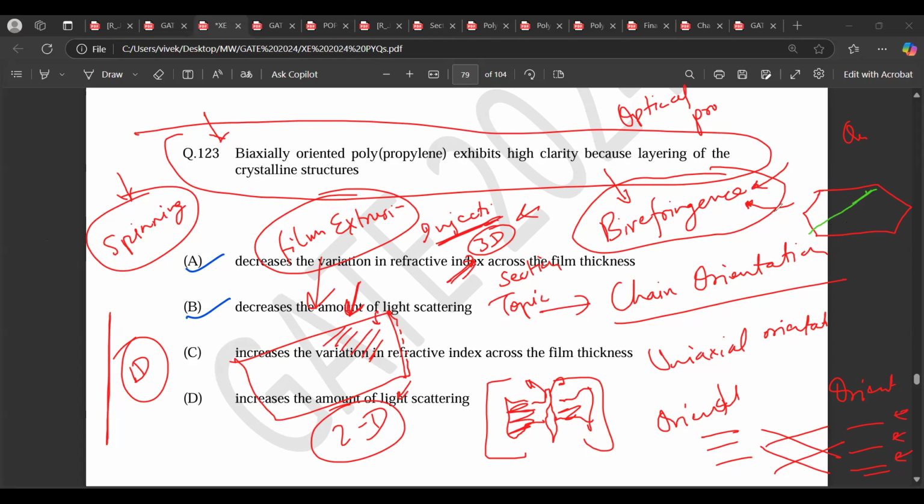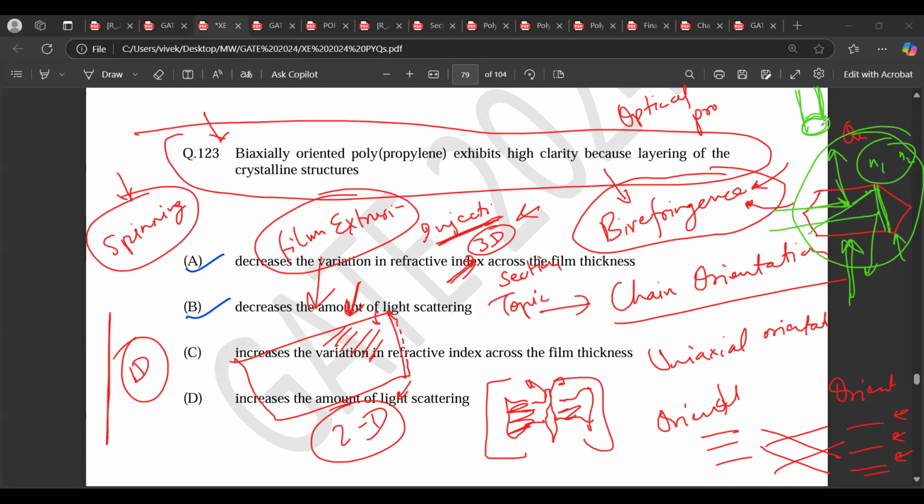So let's say your incoming light is this, it will reflect differently, and you might have other crystal planes, they will reflect differently. Because of that, you get a different refractive index in different directions, n1 and n2. And because of that, you find the birefringence, meaning they look different in different colors if you're looking in a polarized microscope with slightly